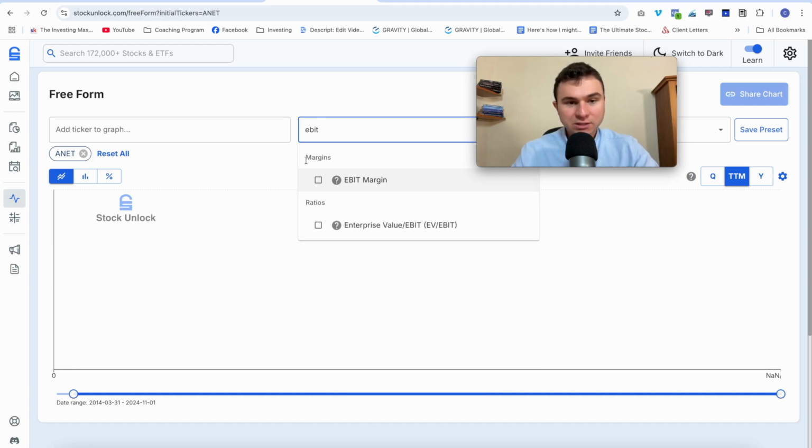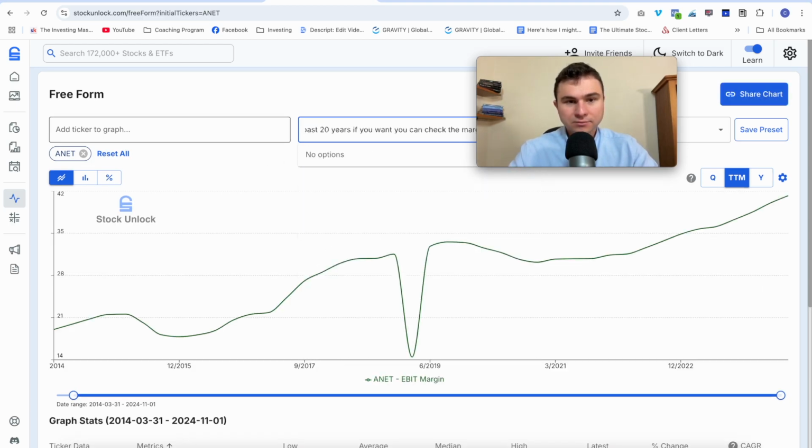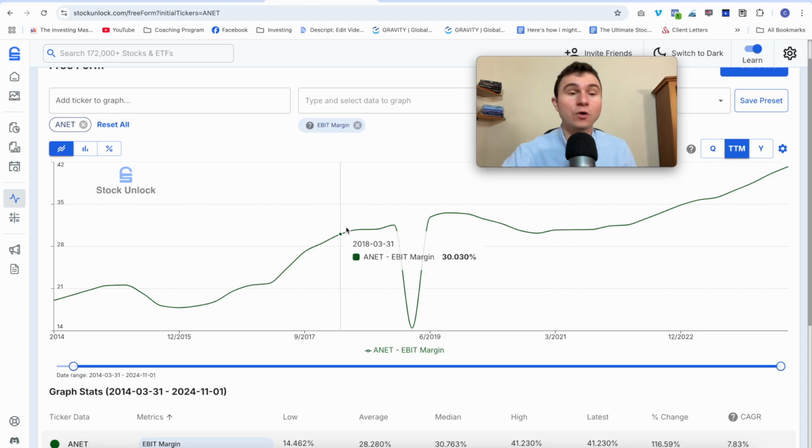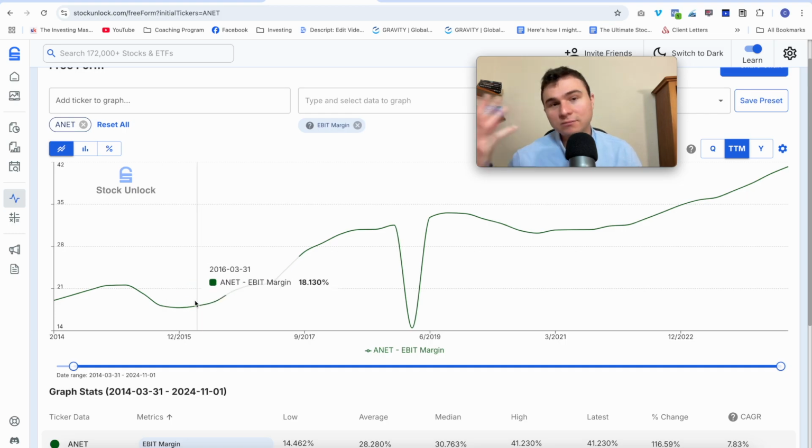You can check the EBIT margin now. That's interesting. EBIT margin is going up and up and up, while the gross margins were going down. Interesting. You have a growing EBIT margin, though it's not entirely up and to the right. Something was happening here. New question for you: what happened in 2015? The margins went from 21 to 17, 18, and then rebounded. So if you have a Word document with all your questions, put what happened here, and later in the analysis, you will answer this question.